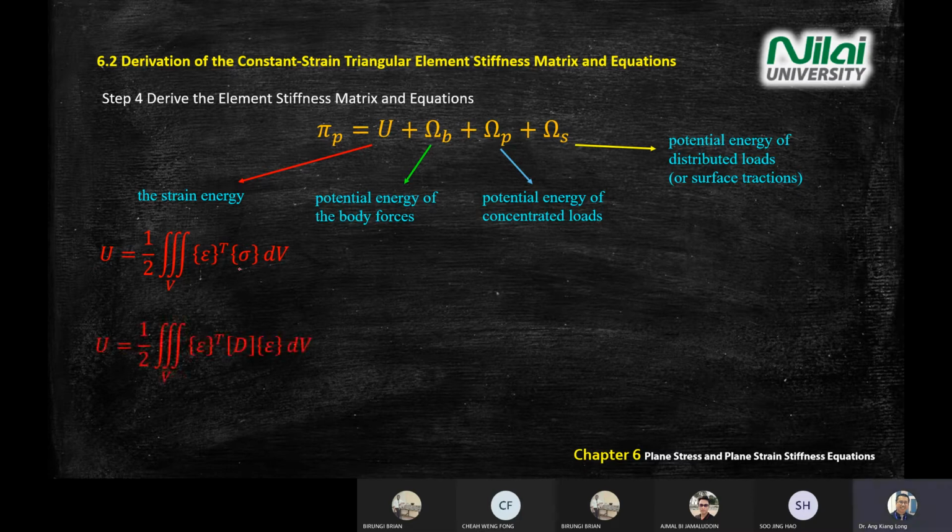Then you know the definition of stress equal to D times strain. You just expand and apply to the equation here. Stress equal to D strain, you just substitute your stress in terms of strain. Second one, the green color, because of the body force, you get a negative, again integration of your